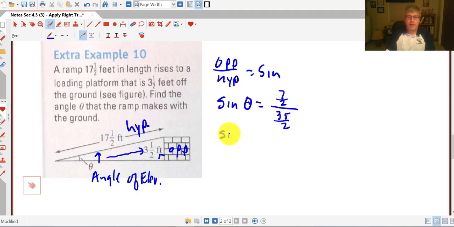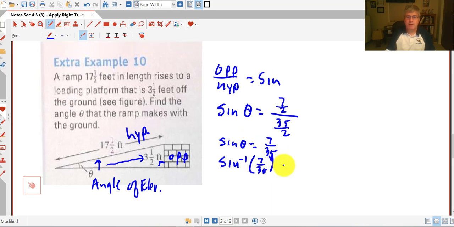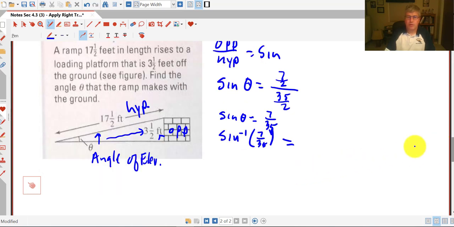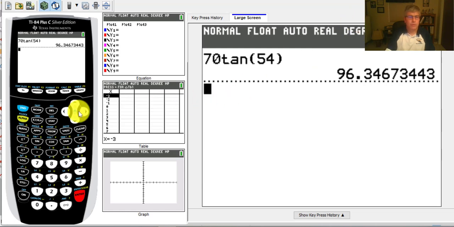Simplifying our complex fraction, the sine of theta is equal to 7/35. We have our ratio, we have our fraction, we need the angle, so we're going to use the arcsine of 7/35 equals some particular value. So we go back to our calculator, we make sure we're still in degree mode. So the arcsine,